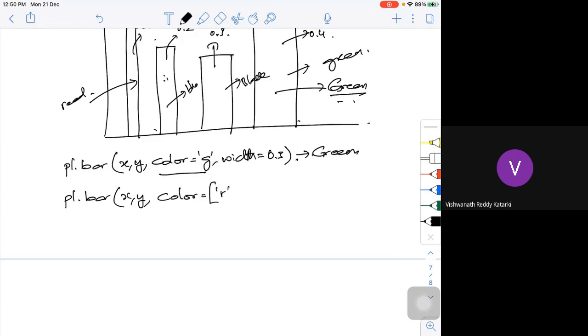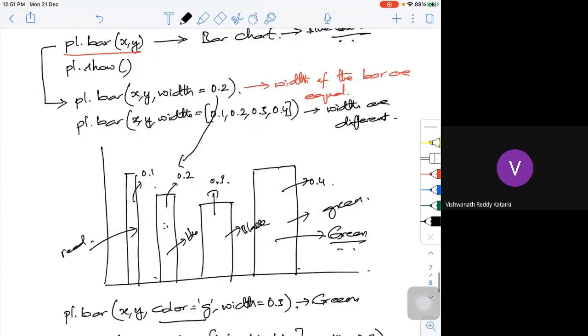So this is red for the first one, blue for the second, black for the third, and green for the fourth. Then comma, width is equal to, I can have either a single width or multiple widths, whatever I want. Now each bar will be a different color.